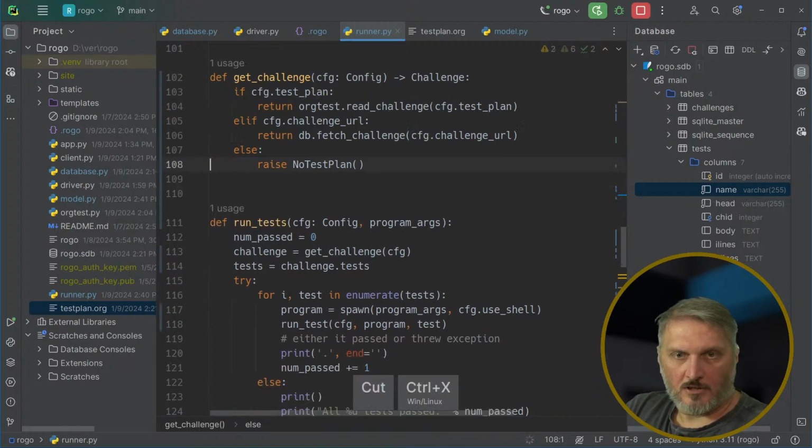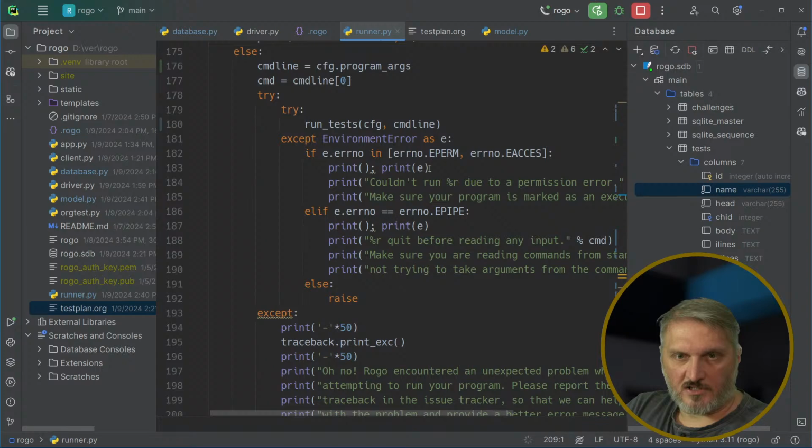And then down here, when we're catching all these things,